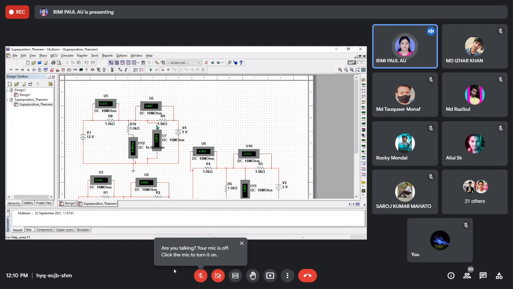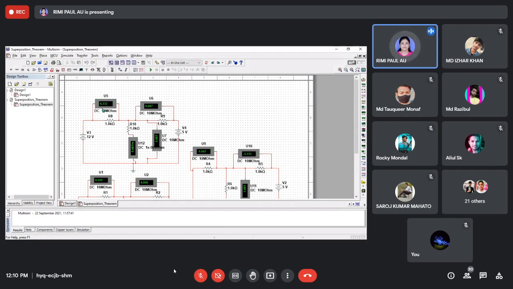Now these three are resistances, and they are connected. I already told you the previous day how to connect a resistor on the breadboard. You can see that these two common points are the same point, these three points are the same point, and all the end points are the same point, and there is a ground point. The negative point you have to connect here, but in the simulation platform you have to connect ground. If you do it on a breadboard, you connect the end point to the negative.